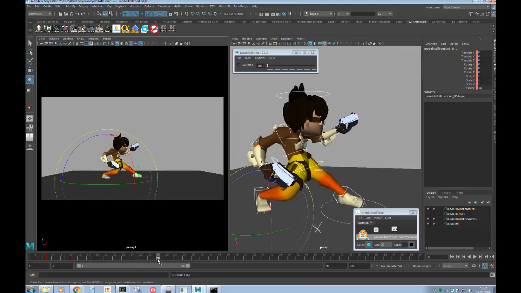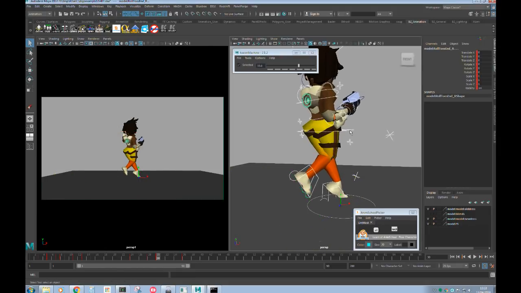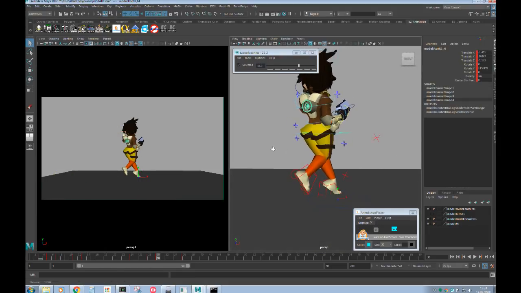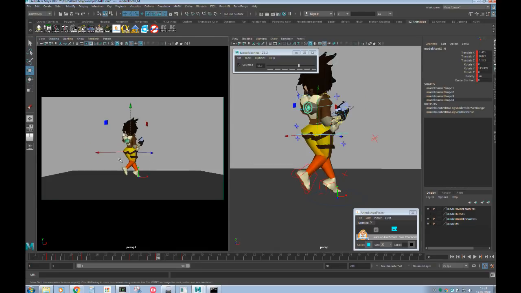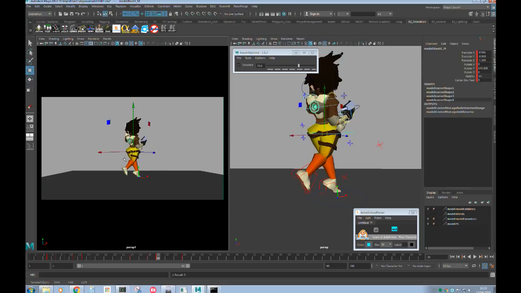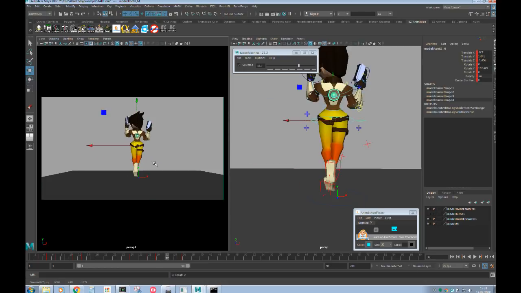Okay, so then breakdown 2 is going to be on this side of the tween machine. Again, I probably want to not overshoot this pose because this is going to be a sort of continuous motion. But I want my arc of the hips to come in line with when she's going up there. The other thing to pay attention to when you're using tween machine and you've got a constant motion like